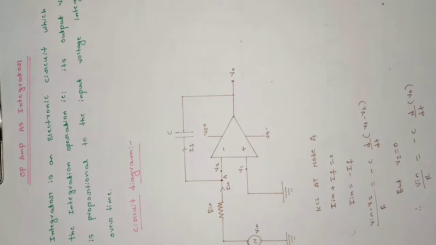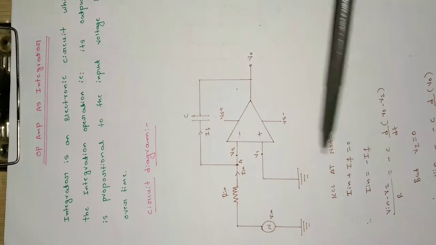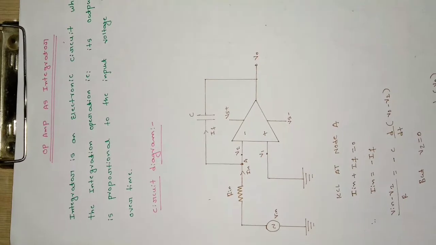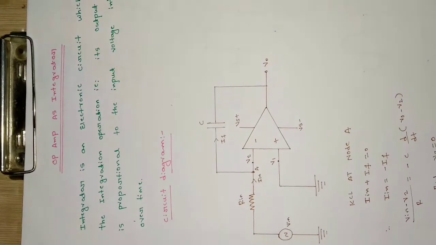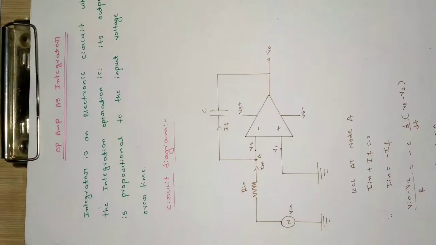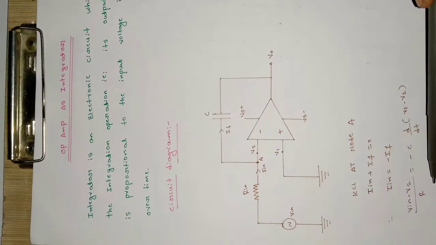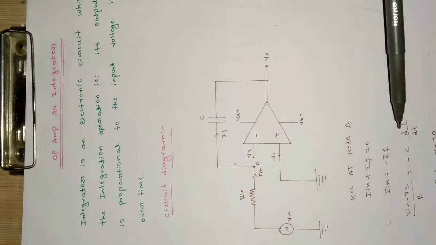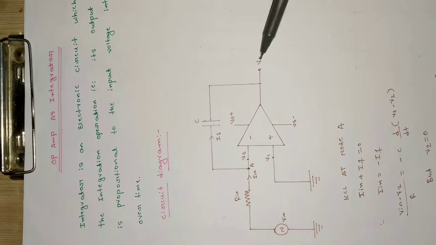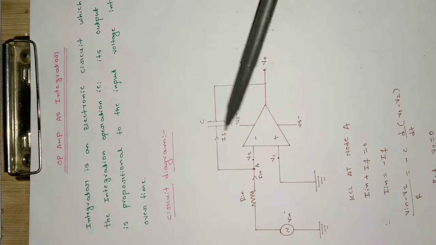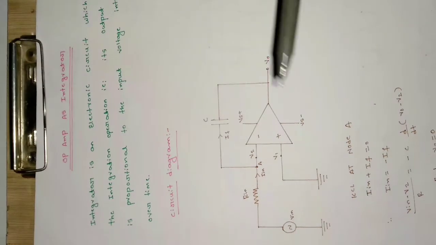When I write it in terms of voltage, I can write it as (V in minus V2) divided by R in. V in is the first voltage and this is the second voltage, that is the V2 point. I can write it according to the voltage law: this is the voltage difference between these two points and the resistance, that is R in there. I have written it as R. So (V in minus V2) divided by R will be equal to, due to the capacitance, C into d by dt of (output voltage minus the voltage at point 2), because these are the two voltage points, output minus input.